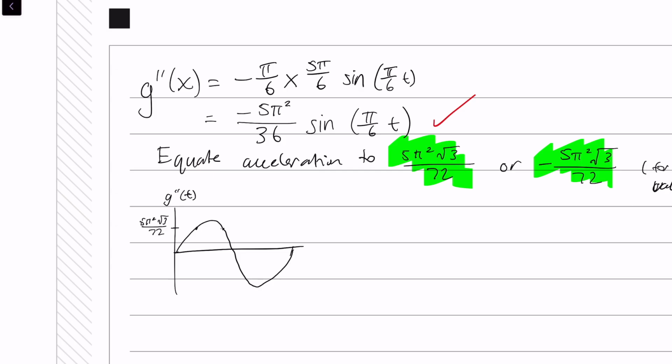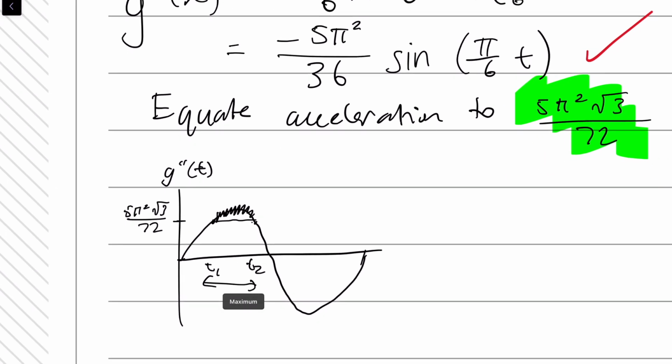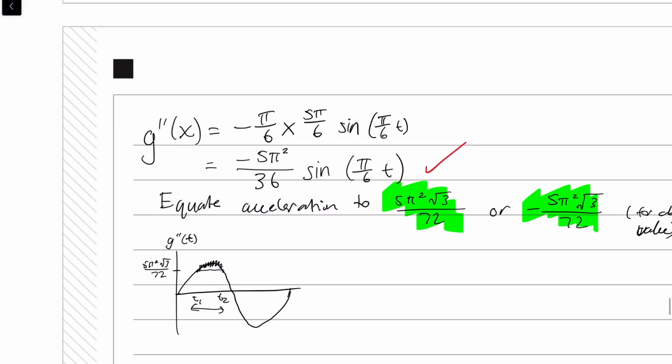For example, the distance between these two times here, t1 and t2, is how long the glacier acceleration is going to be greater than this value I've highlighted in green. And so that's how long the geologists are going to be there for. But we need to take into account both when they're accelerating positively and also